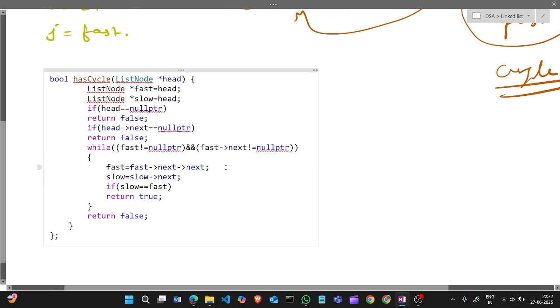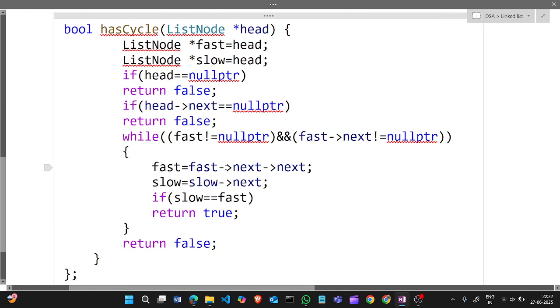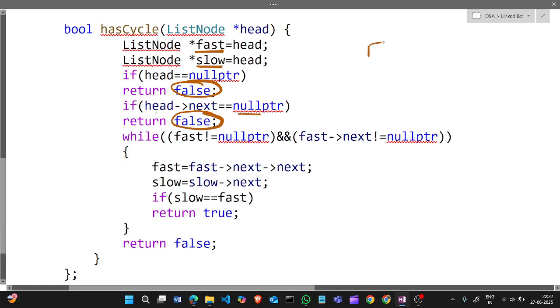Okay, so see this code. What this code says: there is a fast and slow pointer. Okay, if head is null, there is no cycle, so false. If head next is null, it is also false because there is only one node, so there is no cycle. Okay, so now run this loop. At least there are two nodes, so run this loop.